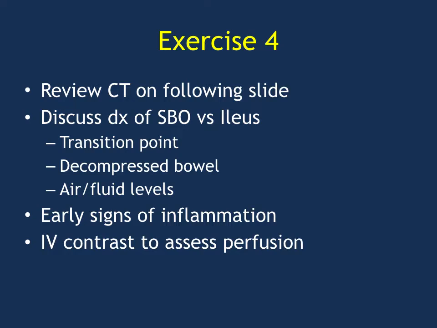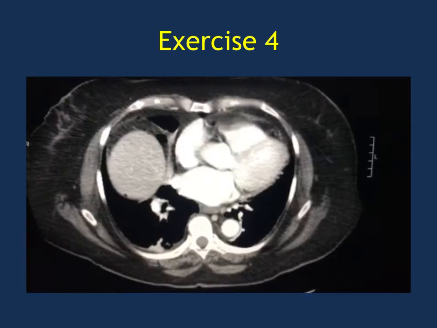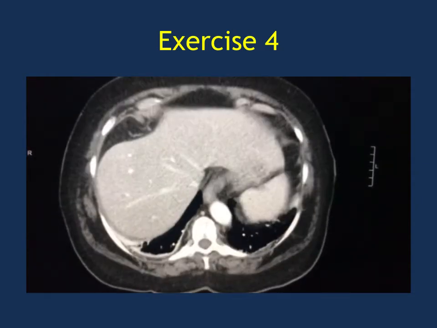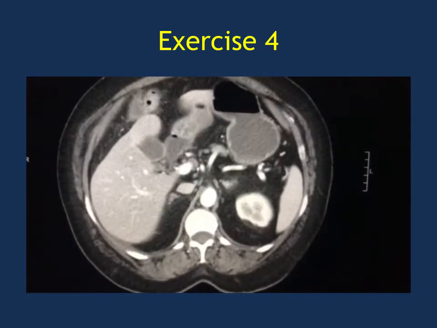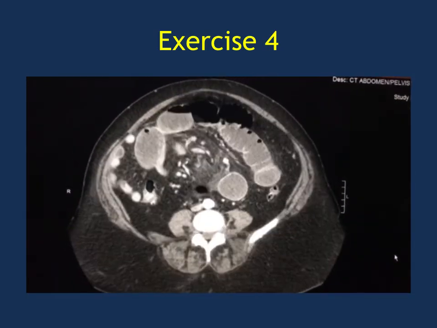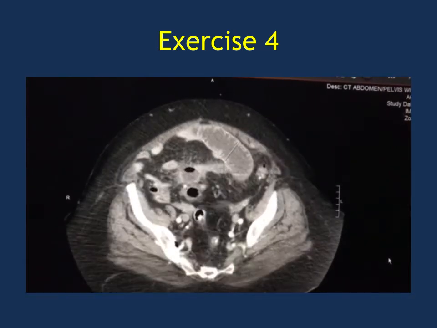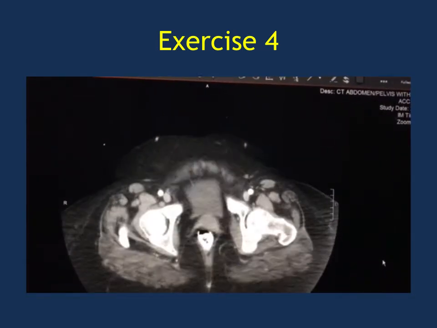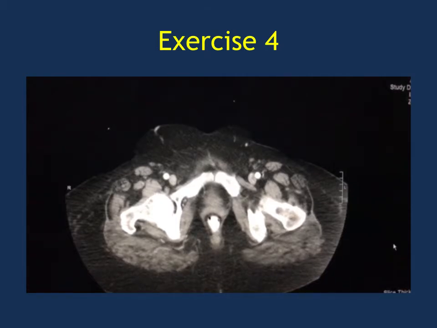And also to go over, obviously, the 3 early signs of inflammation, and to also discuss the idea of IV contrast becoming more and more accurate or sensitive for assessing perfusion in loops of bowel. So this would be the scan to show, which shows there's small bits of free air under the right diaphragm. And this is a high-grade perforated small bowel, but it contains hyperemia. You can see the fat stranding, and you can even see the small area of perforation right there. So this is an excellent scan to illustrate all the different